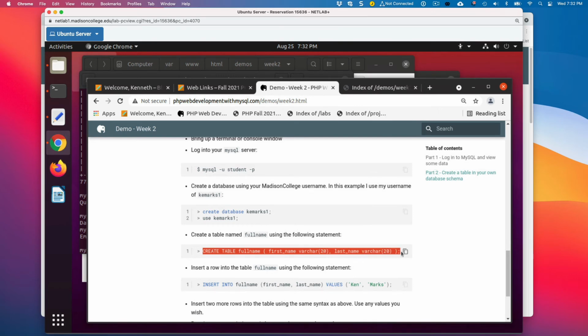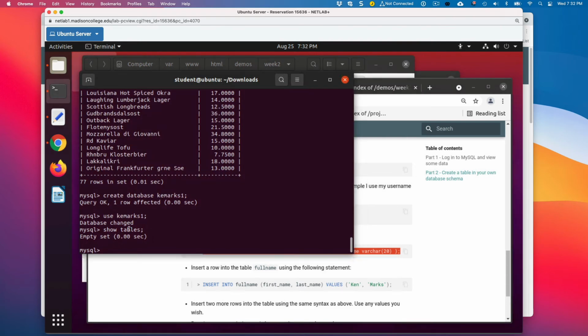and you can just copy and paste this if you want. So you want to create a table called full name. You can type it in if you want. If you don't get it right, it'll give you some errors. But we're going to create a table with two fields in it, one called first underscore name with varchar 20, and then one called last underscore name with varchar 20. So I'm going to paste that in there.